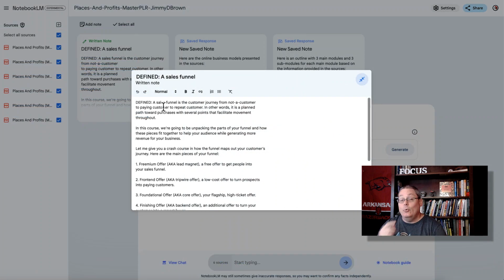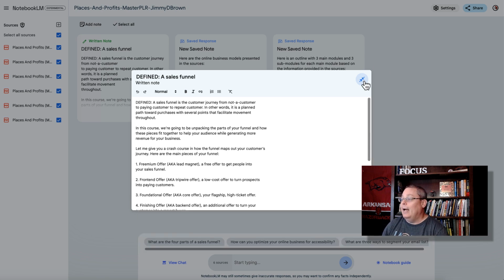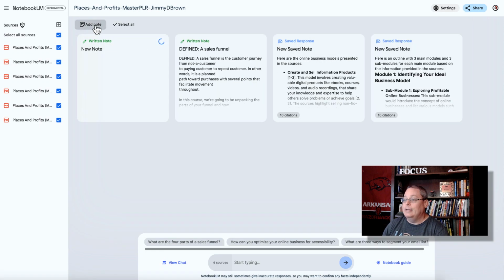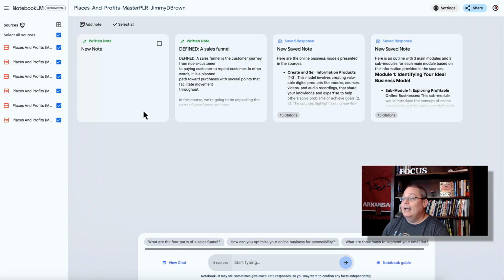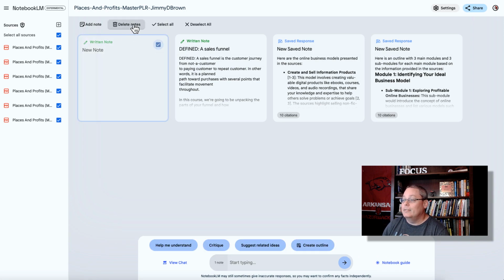I made this into a written note. And how you do that is you just come here and you click add note. And then when you add a note, you click it and you just take notes. I mean, I don't want it to sound so super simplified, but I just pasted that in there and now I have that note. And now what I'm doing, I'll go ahead and select this note and delete that specific note,